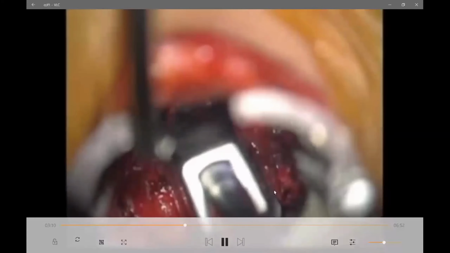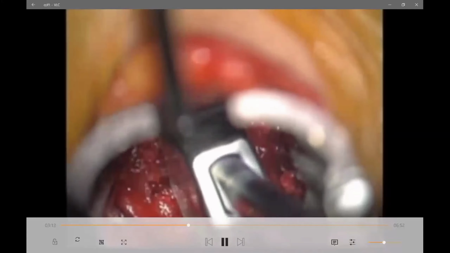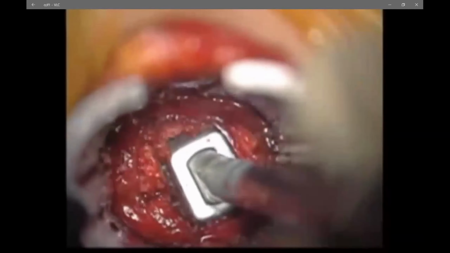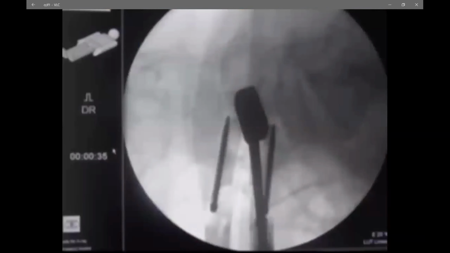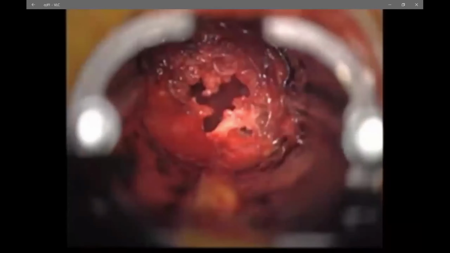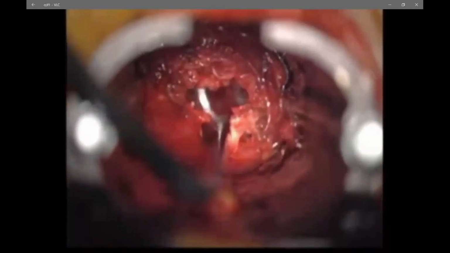It's anteriorly lordotic. In this video, you can see this is the posterior part, this is the anterior part. So when you are going inside, you are in oblique fashion. And as you go inside, as you saw, this is a maneuver in which it goes more vertically and on to the side of the body. So you want to become parallel as much as possible, and you have to see where exactly you are and where exactly you want to go. So with this, when you have done, you again take out whatever the remnants of the disc are there.